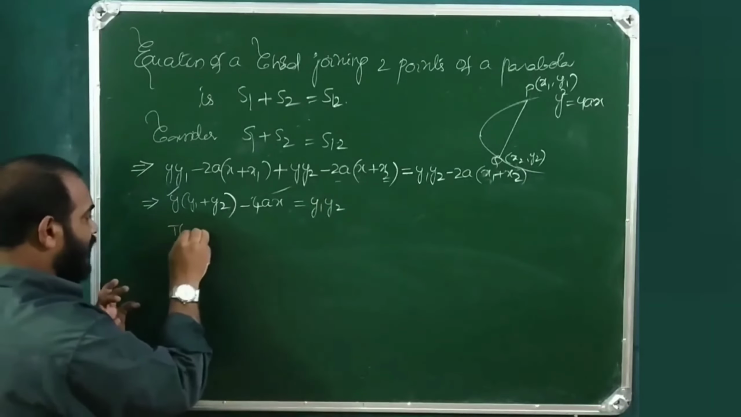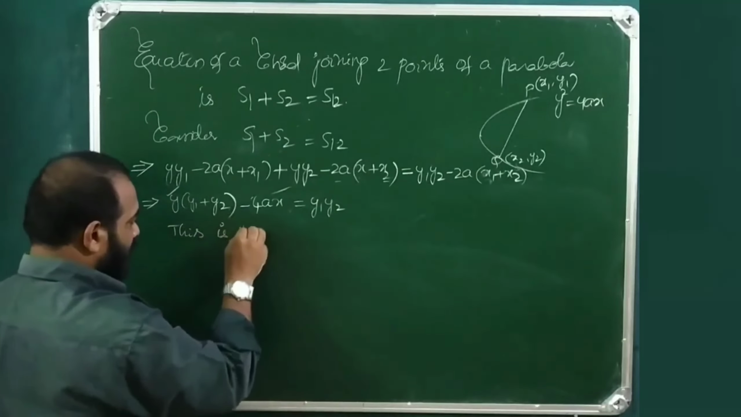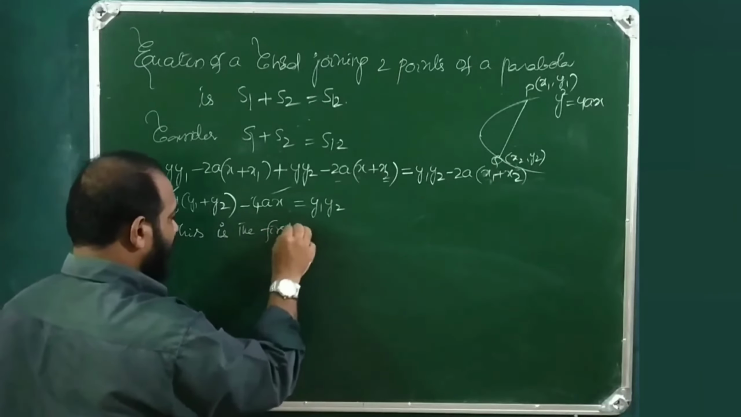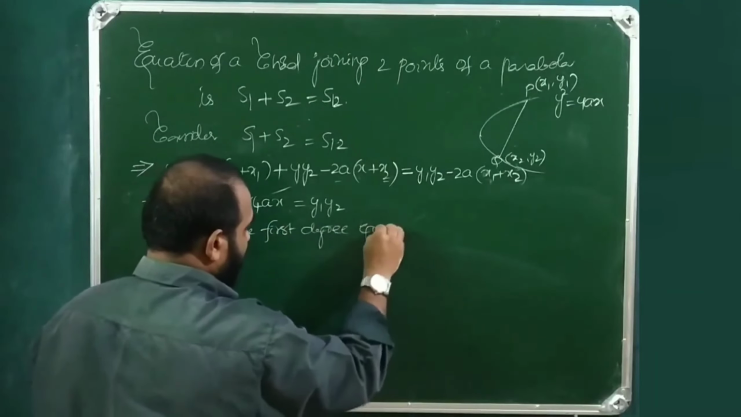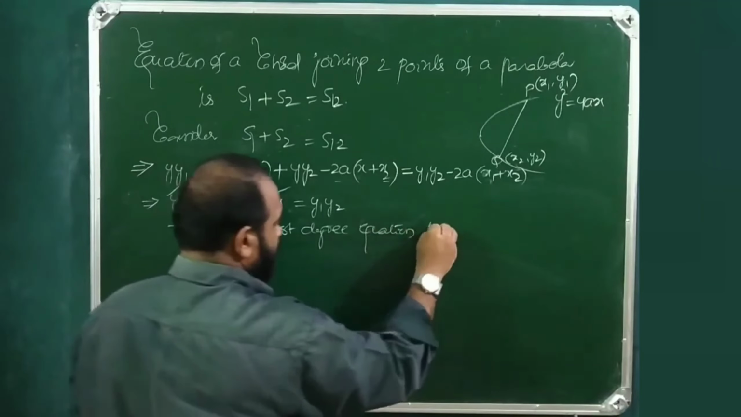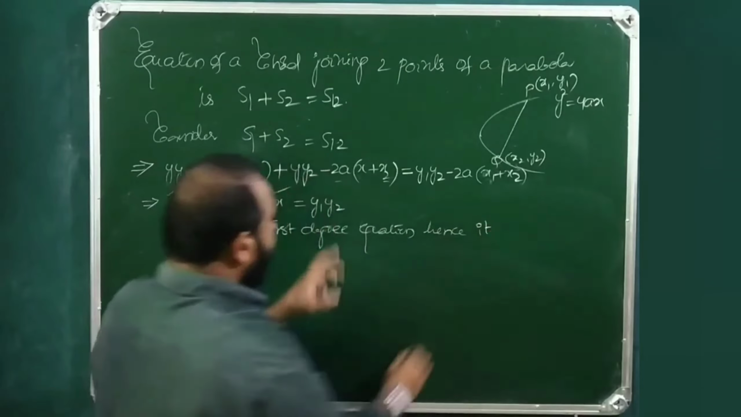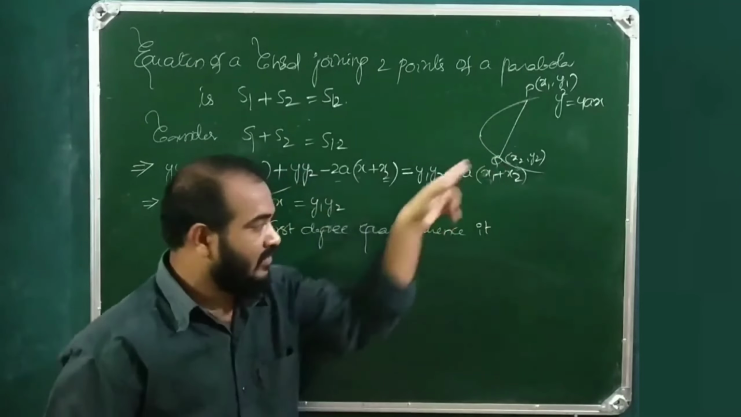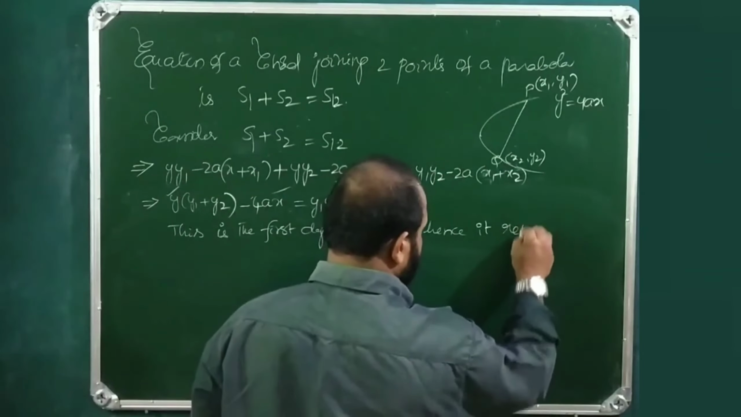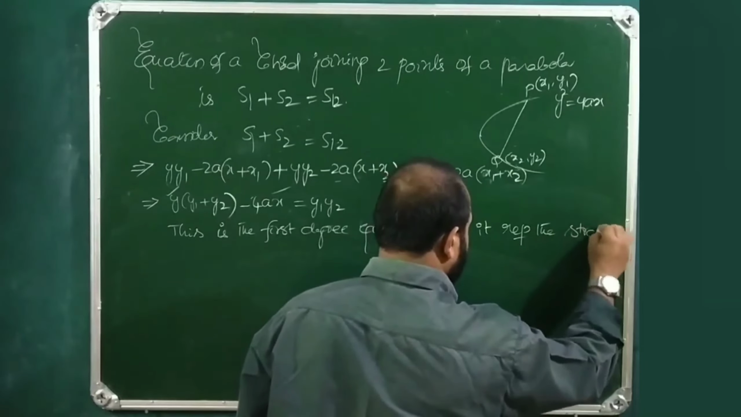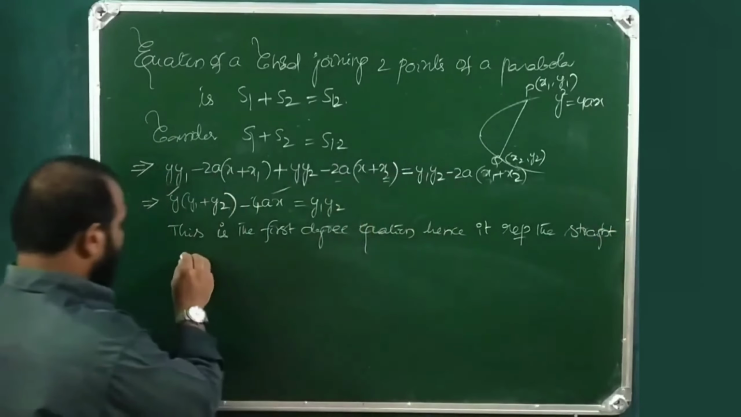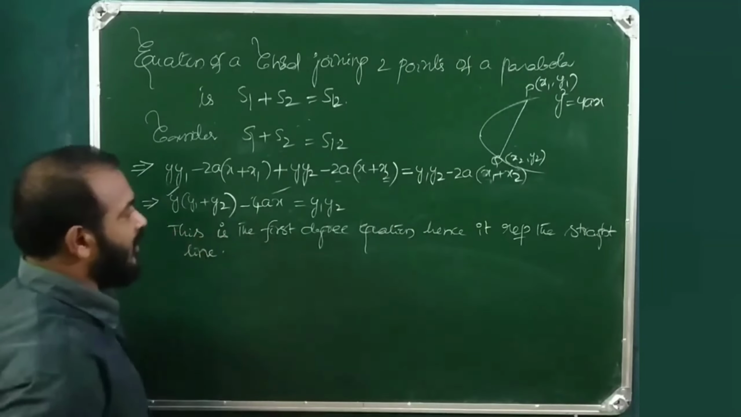So this is the first degree equation. Hence it means this line represents the straight line equation. This represents the straight line. Therefore,